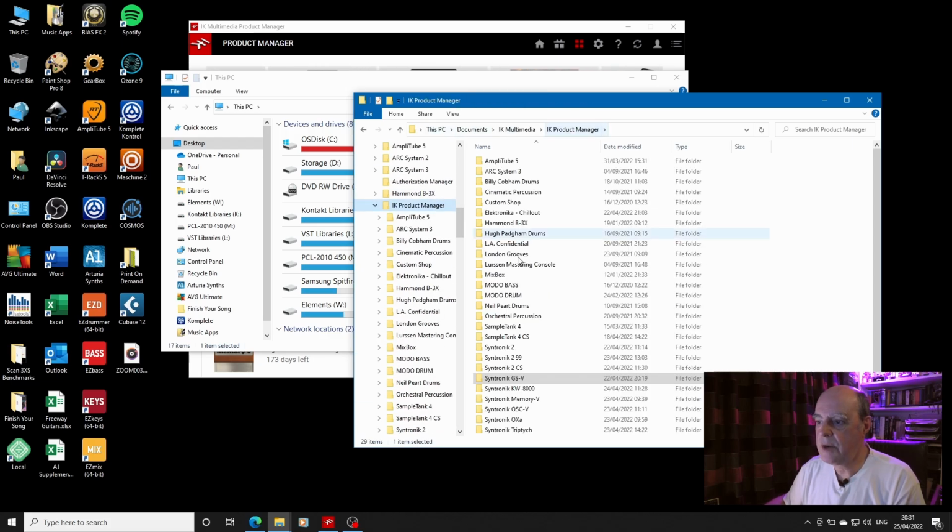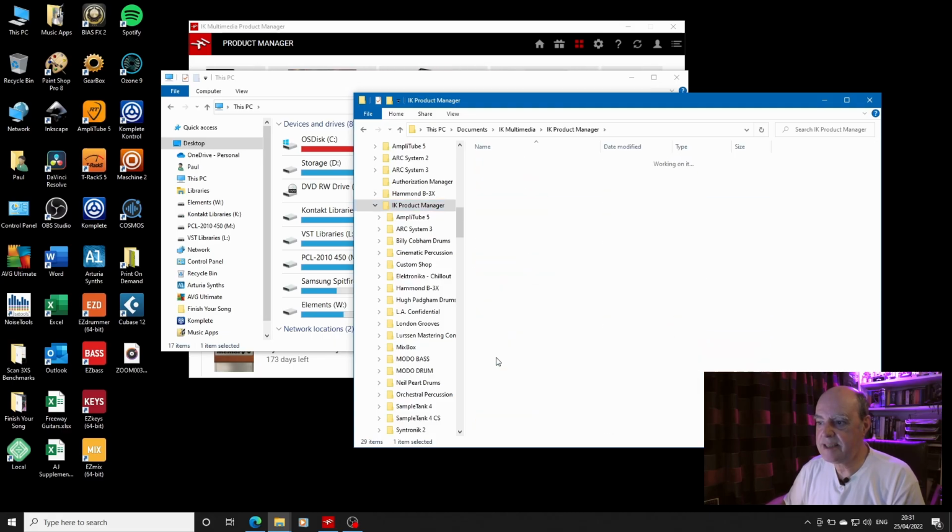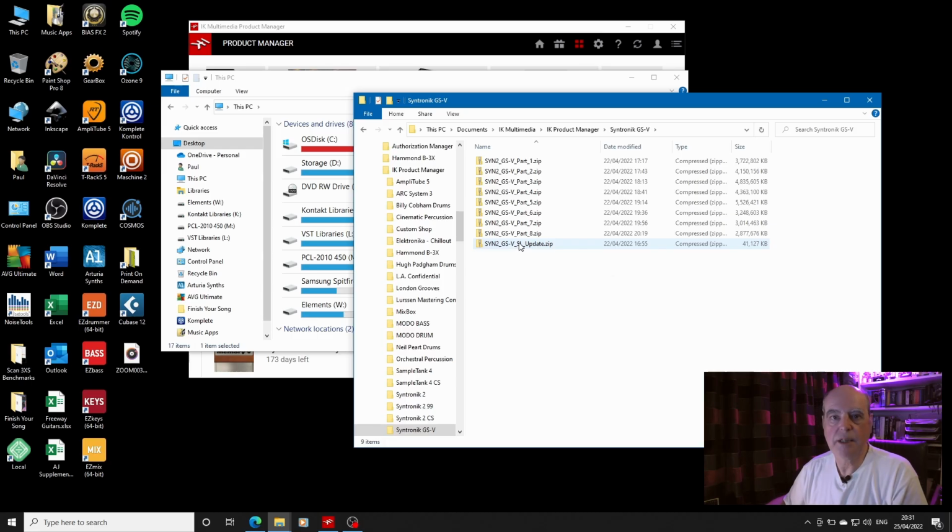If I was to go and take out all of these from my Product Manager folder, basically these are just the zip files, the downloads. They're not installed files. And that's 111 gigabytes of stuff. You need to keep them,